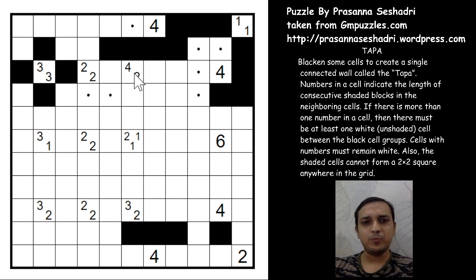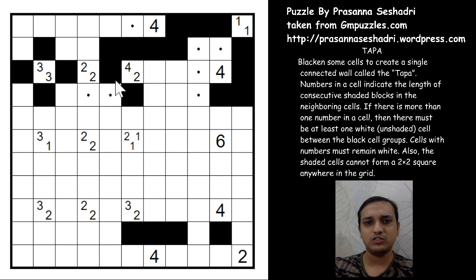So if you see the 4 plus 2, there are 6 cells that will be shaded, and exactly 2 white cells will be there in the group of these shaded cells, right? So in the group of 8 neighboring cells, 6 cells will be shaded, and there will be 2 white cells to differentiate between those two groups of shaded cells. So I can say that all the other cells will be shaded near to the unshaded cell. So these two cells will be shaded.